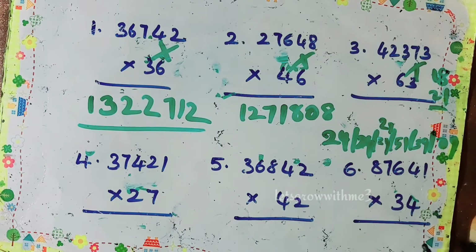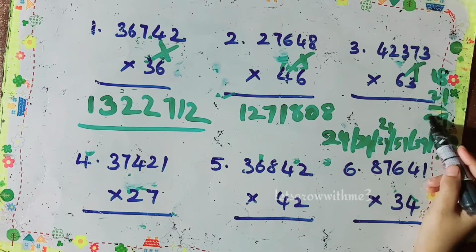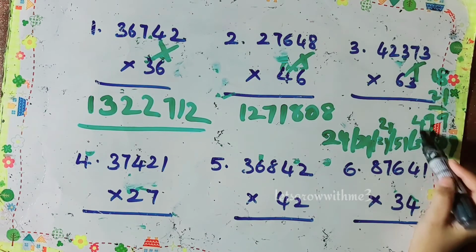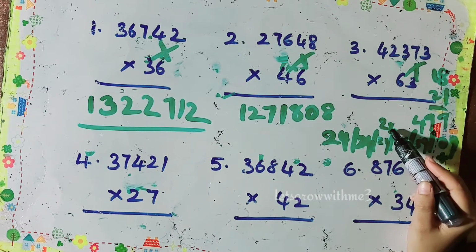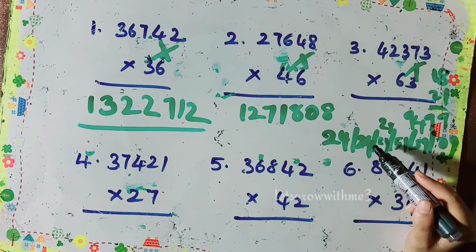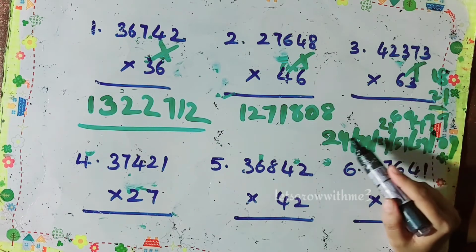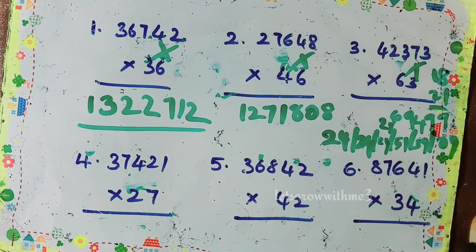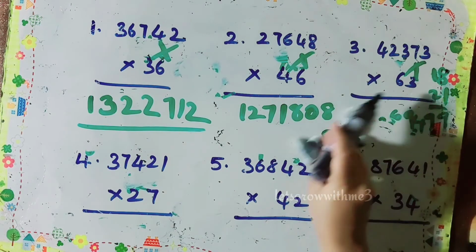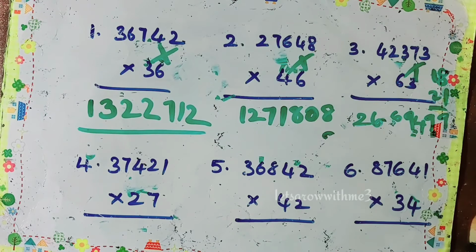Now we need to do balancing. 9 and 39, so again we need to write down 9, 3 here, 54, 4, and 5 we need to write down here, 29, again 2 we need to write down here, which is 26, again 2 we need to write down here, 26. So the answer is 266999.